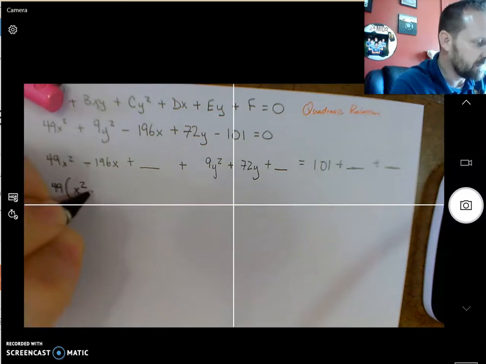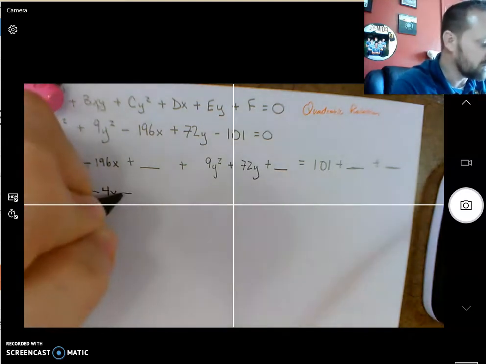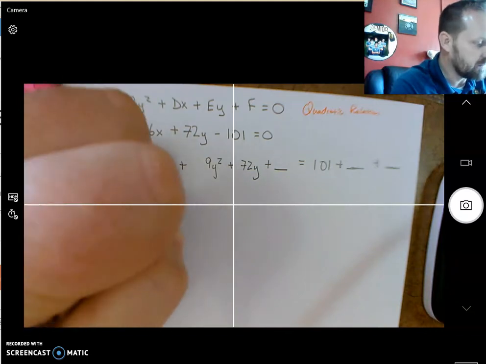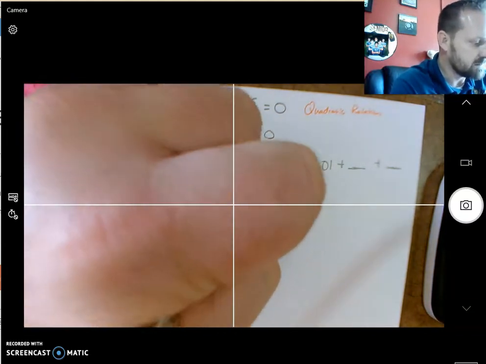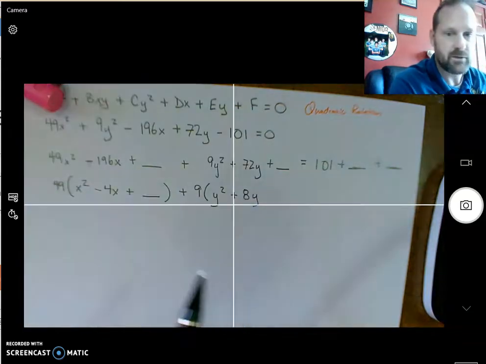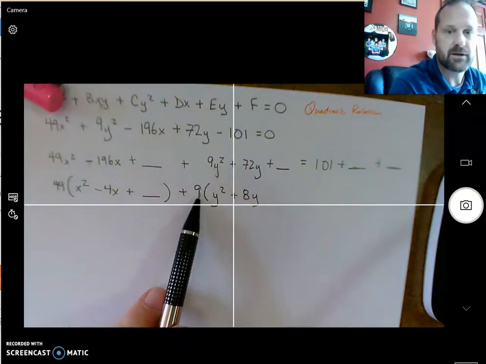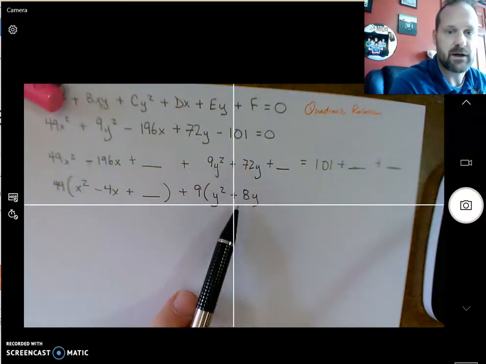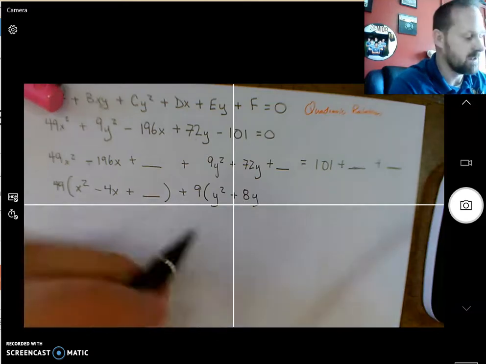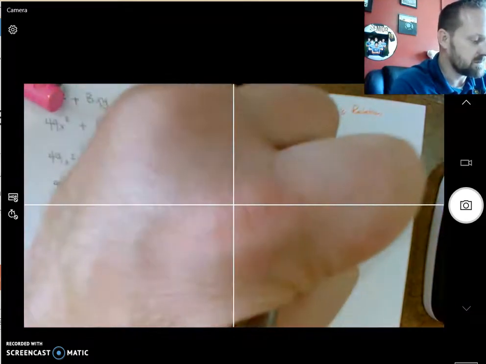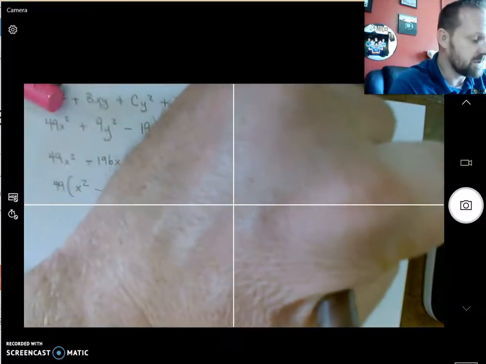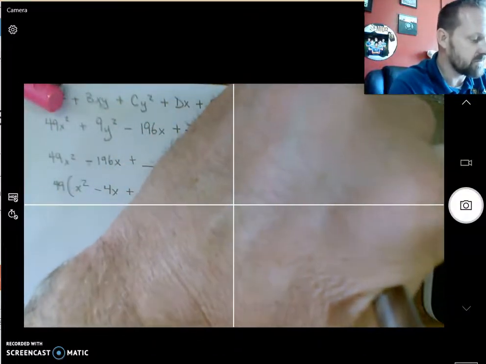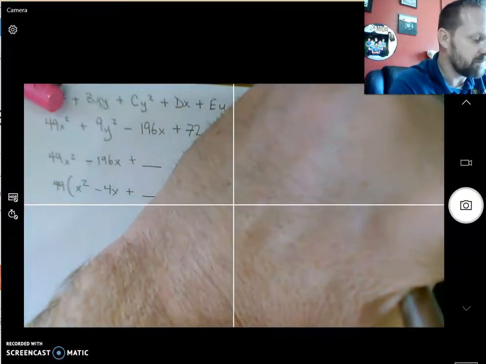Got x squared. That becomes minus 4x. 196 divided by 49 is 4, plus something. I like to do it all at one time because over here we factored the 9 out. Factor 9 out of 72 is 8, and then this here, and then it's an equation. So what we do to one side, we must do to the other. So 49 multiplied by